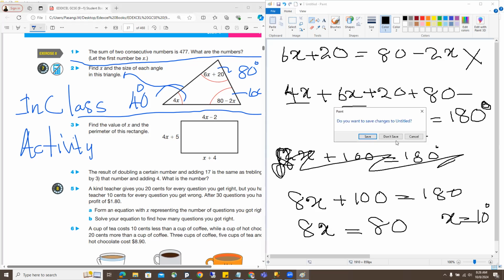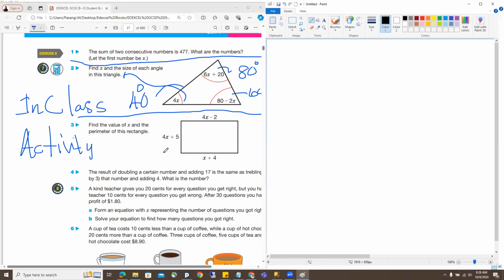Find the value of x and the perimeter of this triangle. Perimeter means the length, the total length, right? Perimeter means the total length. Now,